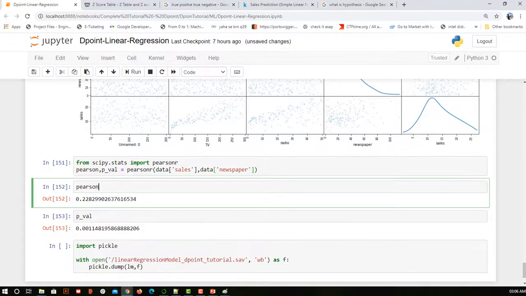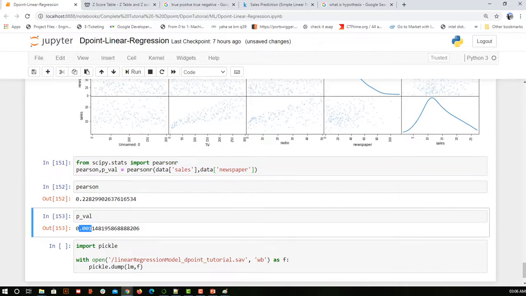But in a big data set, if you get a p-value of 0.001, it means it is contributing well, so no need to worry about that. But here, because we have only 200 records, it is not working fine. So we need to see what kind of data sets we are using, what kind of algorithm we are using, and what kind of metrics we are using for finding the stability of a model.